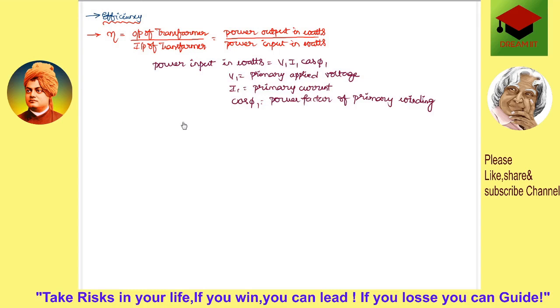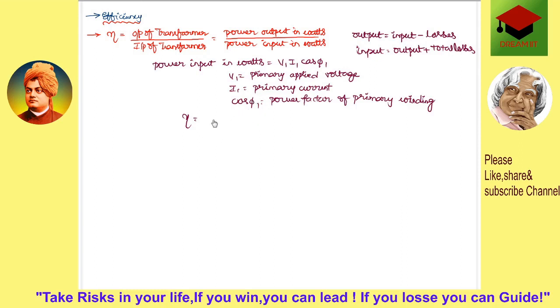Let us write the efficiency. The power output can be defined in another way: the input has to supply the output, so output is input minus total losses. Or, input has to supply the total output power plus total losses. In that way also you can state the definition of the input. So we can write the output as input minus total losses.